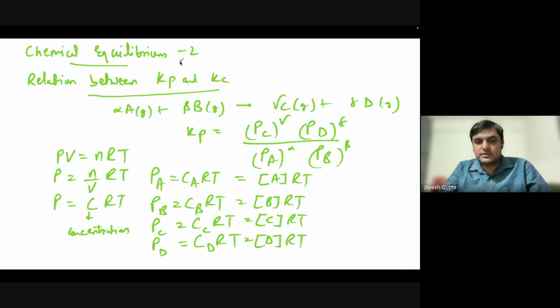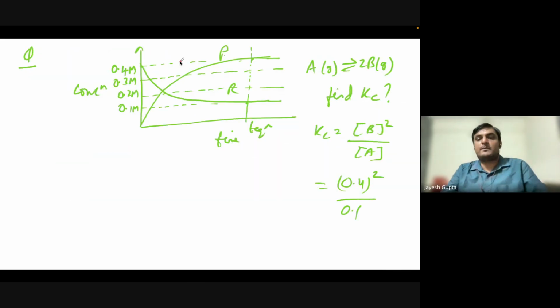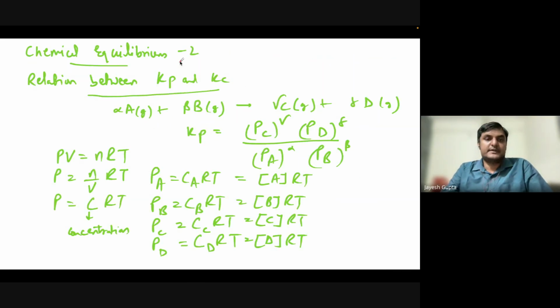Okay, so you can easily find this one: 0.4 square upon 0.1. That will be your answer. Okay, so next